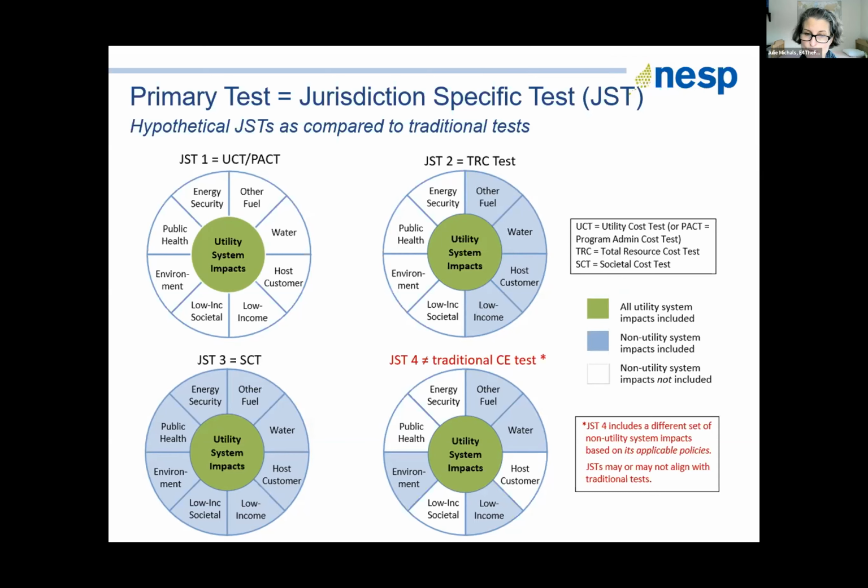But the fourth example here shows that you could be a jurisdiction where you have some pretty clear articulated goals that say what the reasons are that we're investing in these resources. And it may not include, or may not be the same as, those traditional test perspectives. And that's okay, because there are reasons your jurisdiction is investing in these resources. So that's the departure. The JST and the NSPM allow you to be flexible with the development of your test,